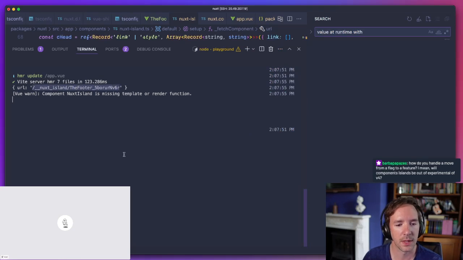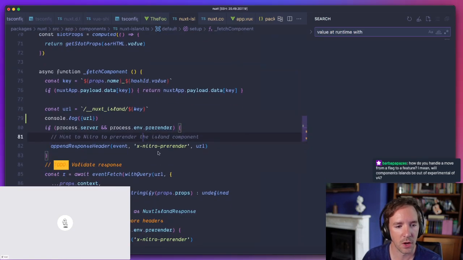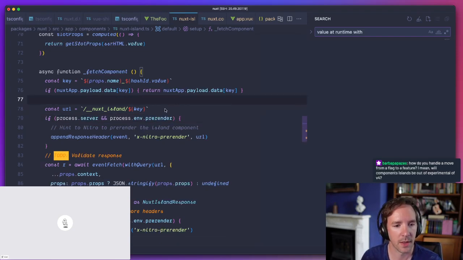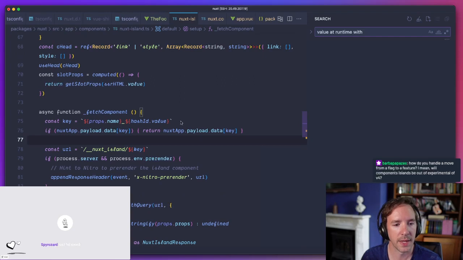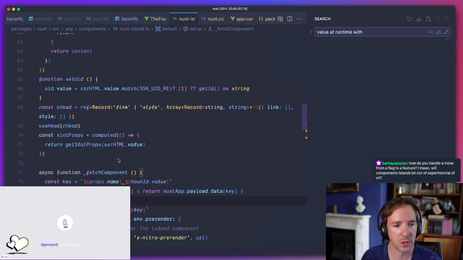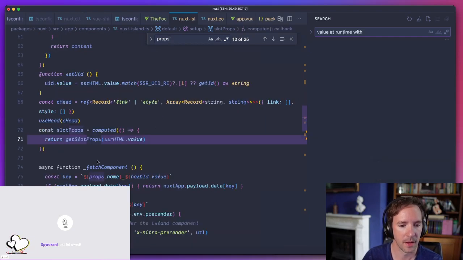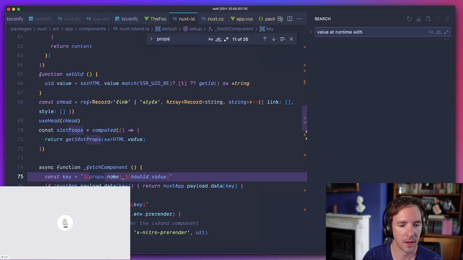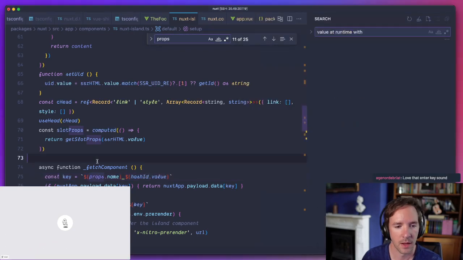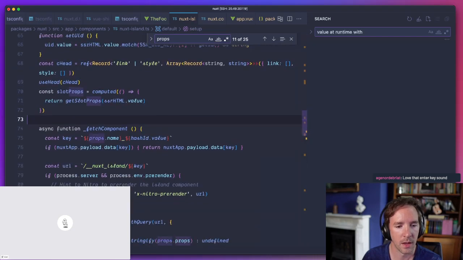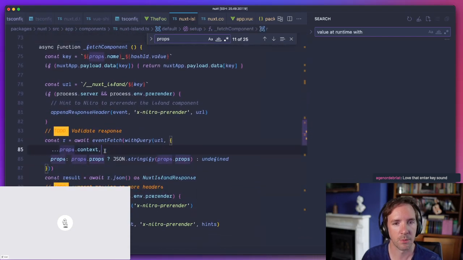So for some reason the query parameters are not being passed on the server render, I think. That is what I think. So basically we should be rendering this with our props too. That's the problem.